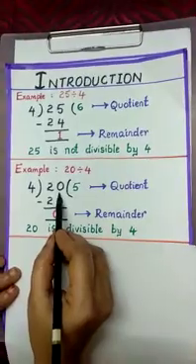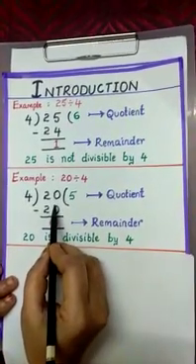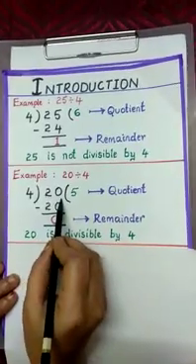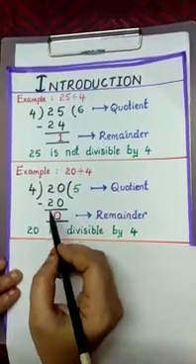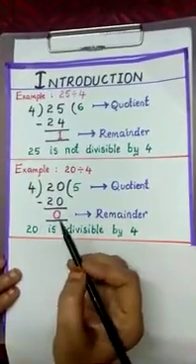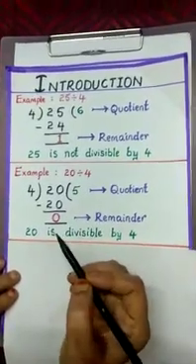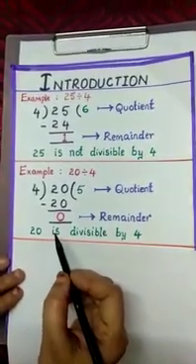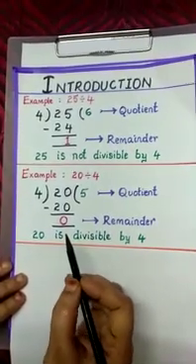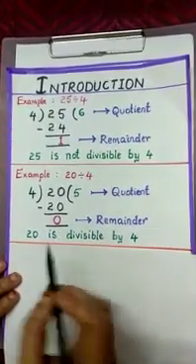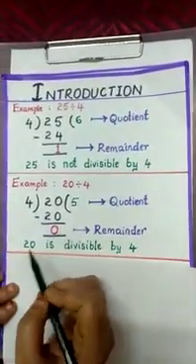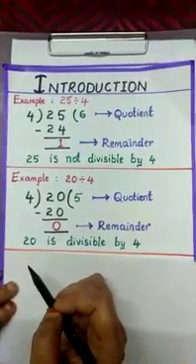Here 20 is a 2-digit number. It's a simple division. We can do it fast. Suppose in place of this 2-digit number, we have large numbers like 4-digit, 5-digit, 6-digit, 7-digit numbers, etc. It is difficult to do the actual division and it takes much time. Yes or no? Yes. So, how can we say, without doing the actual division, whether the number is divisible by the given number or not?